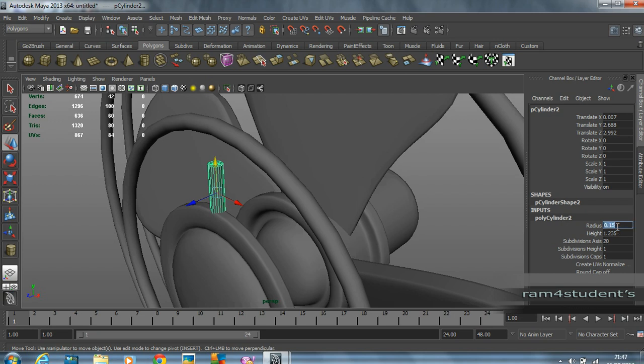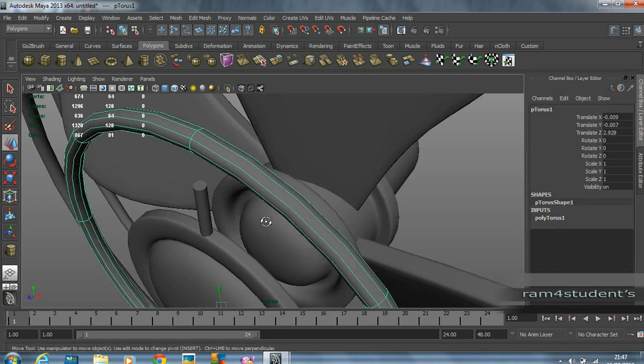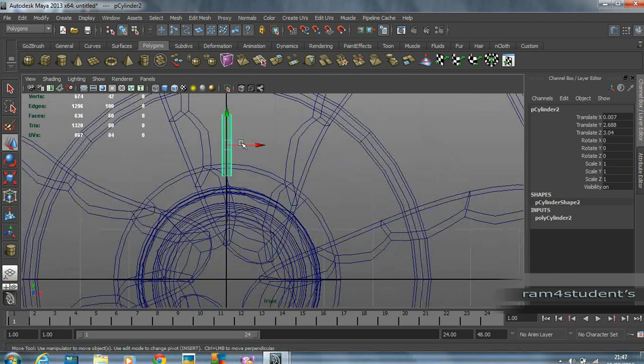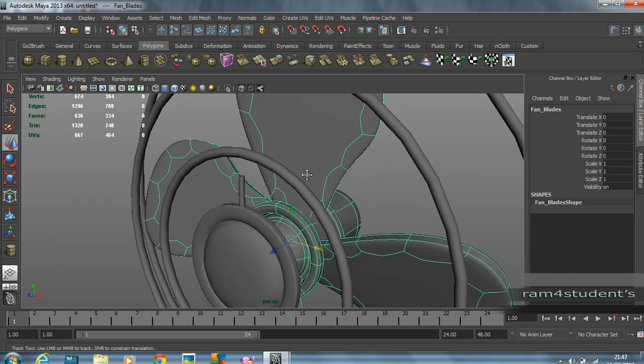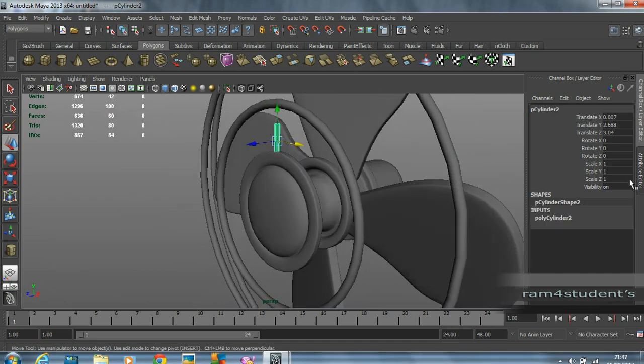Now still we need to go 0.11. Okay, it looks right. Now same process, 8, 0 caps,